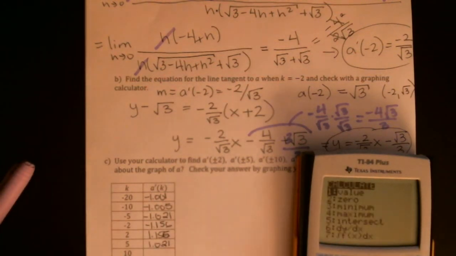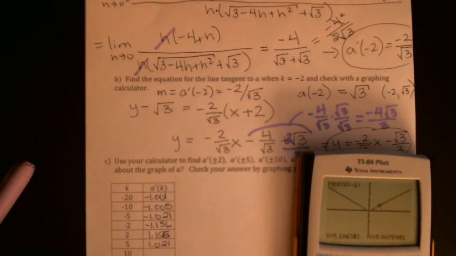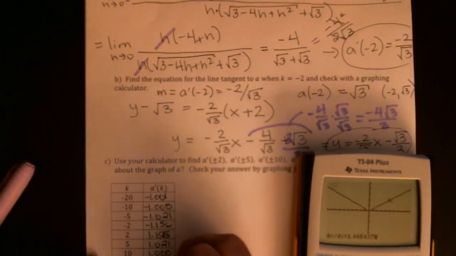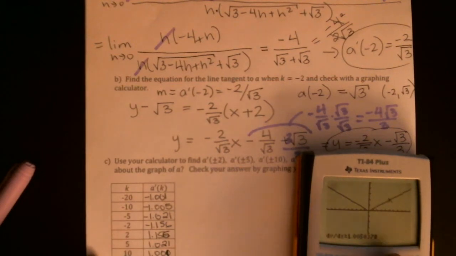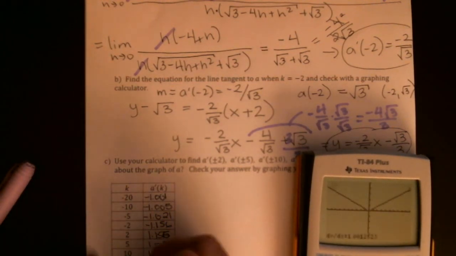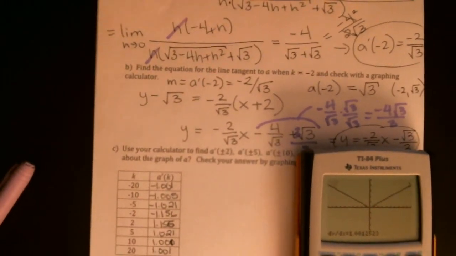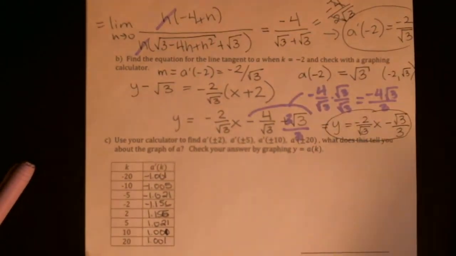Then 10, which gives us 1.001, and then the last one, 20, which gives us another 1.001. Okay, close enough. So basically what I wanted you to see with this, we got it from the picture so it was a little less exciting, was that